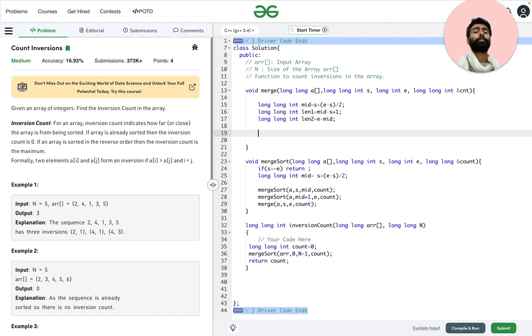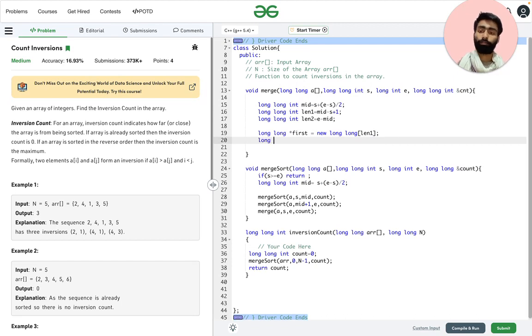So in this way we got three middles: the middle of the main array, the middle of the first part of the array, and the second part of the array. Now once we got this, we need to create the pointer to the array for the first, and make its length equal to the first, and the second to the length equal to the second.